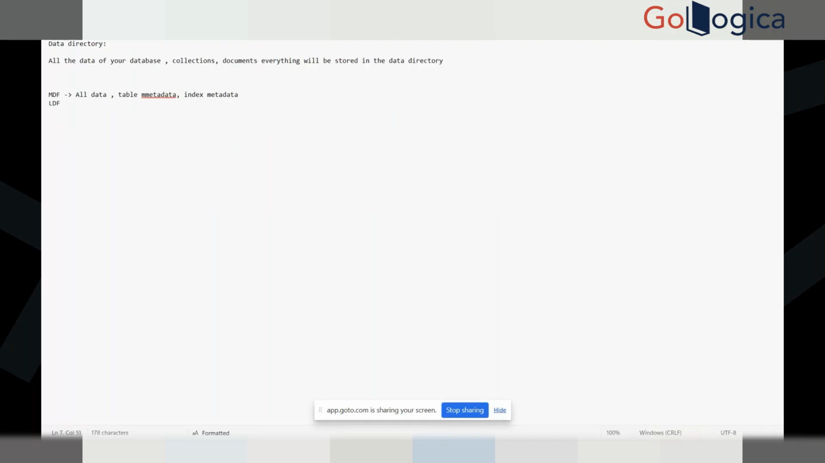Everything will be in a compressed manner in a single file, right? Yeah. Everything will be in the single file. Yeah. In case of SQL Server, I'm saying. Yeah, that's correct. So in case of MongoDB,